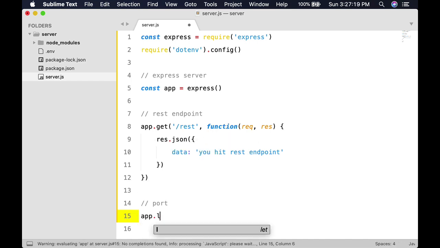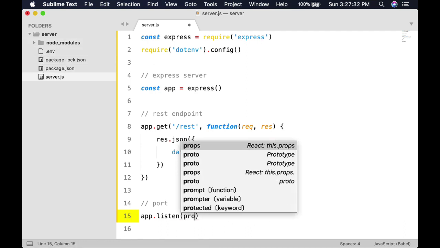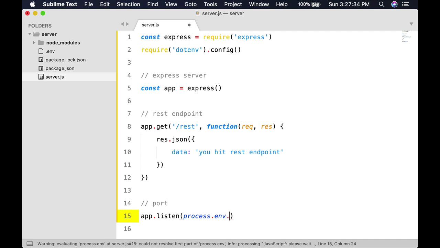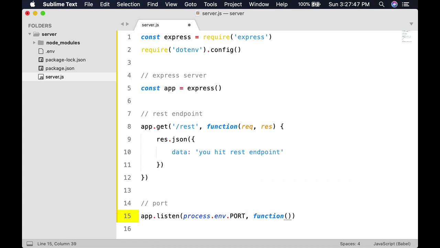So app.listen. Again, this express app gives us this method called listen, where you can pass a couple of arguments. The first argument is the port. Okay, so you can access the environment variable using process.env.port. Okay, so that's the first argument we give to this listen method, and that is all we need to do. But if you want, you can even write a callback function here